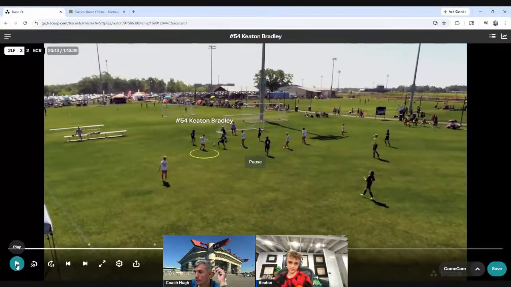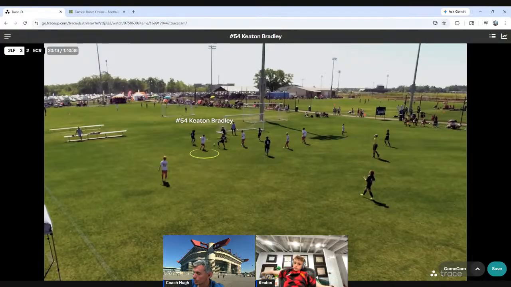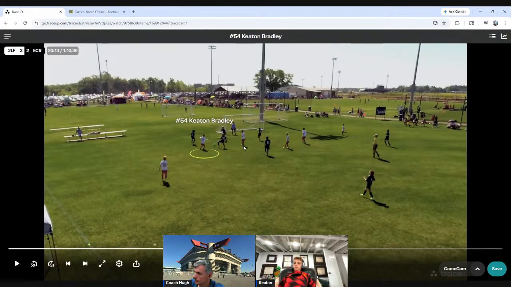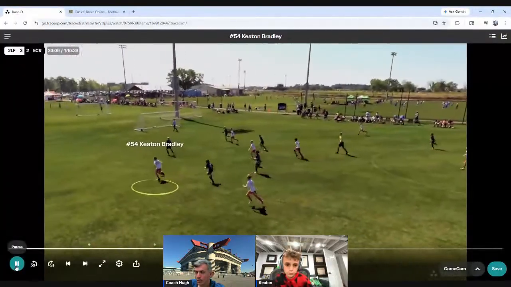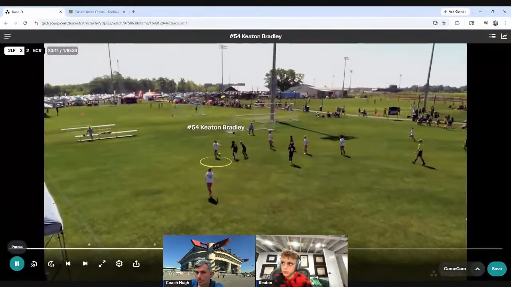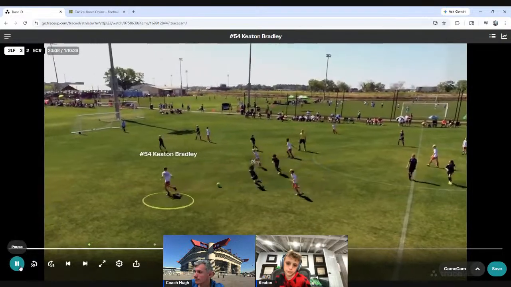So Keaton, you've got to have so much confidence in yourself here and just drive to the goal. When you're in the box, you've got to tell yourself you are the best player in that box with the ball. You with me? Yeah. Don't get scared. Right here, it looks like you didn't get scared, but you didn't want to make the mistake, so you tried to pass it away. You've got to be the one with the ball going to goal. All right?